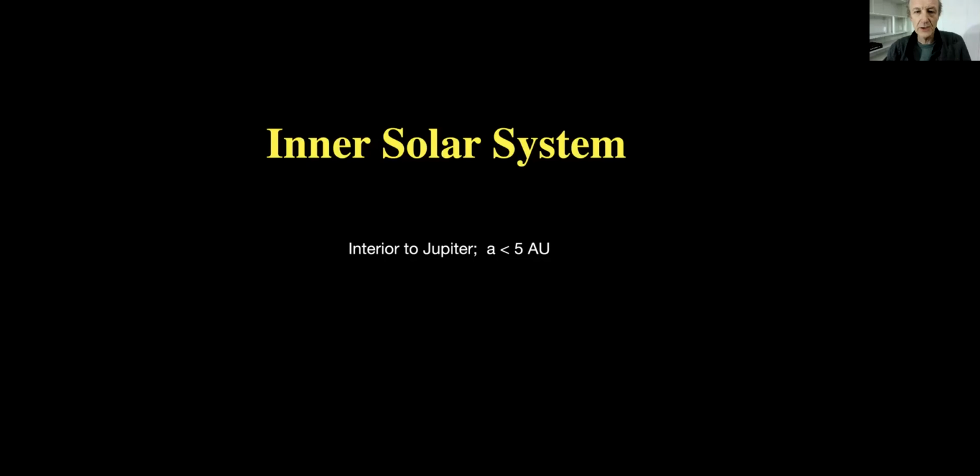Okay, inner solar system. And away we go, to quote John Wick. So let's talk about the inner solar system, basically the solar system inside the orbit of Jupiter, also the terrestrial planet region